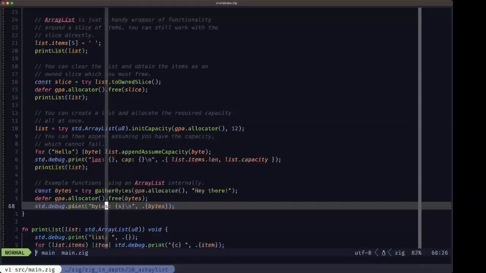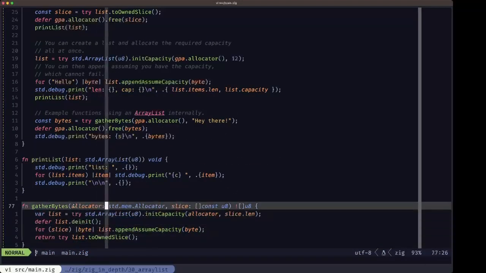Let's take a look at that function. Here it is. It's gatherBytes, it takes an allocator and a slice, which is a slice of const u8. And since we're going to be allocating, you can see here we're using the error union with basically the inferred error set. And we're going to be returning a slice of u8, which means that you can modify these bytes that are returned,